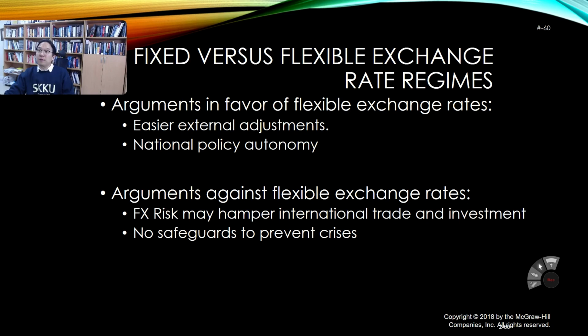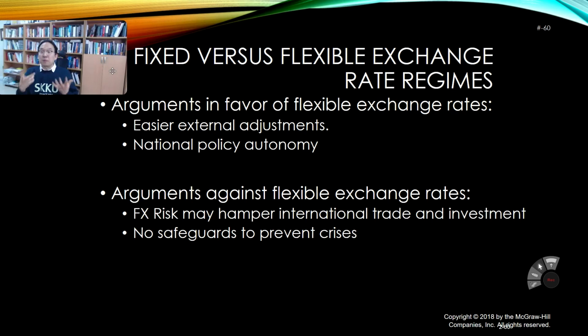Fixed versus flexible exchange rate regimes. Well, the argument in favor of flexible exchange rates is that it gives you easier external adjustments before giving you a total shock, right? And then national policy autonomy would be there. You remember that